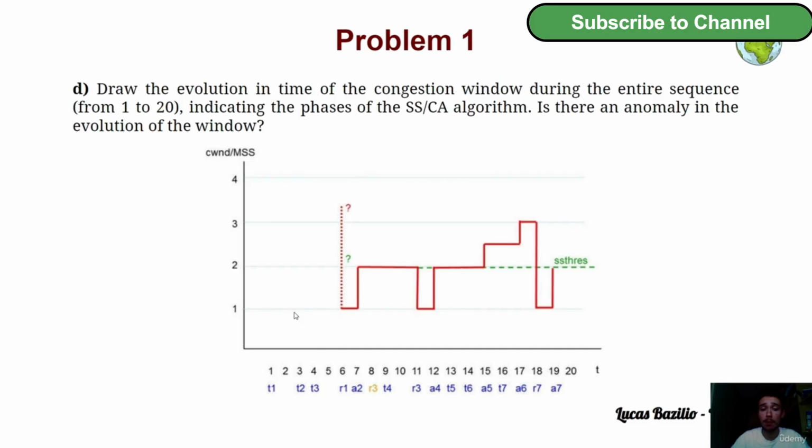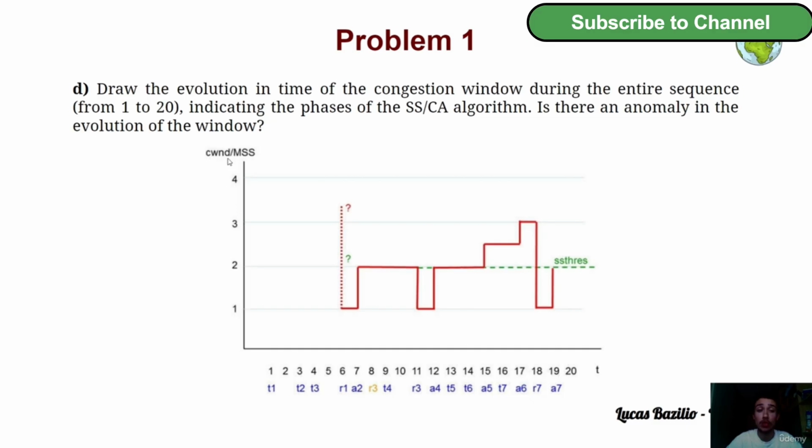So very simply, we can already begin to draw, because at exchange 6, as we can see here, we have a very simple plot where the x-axis is the time t, the time of the sequence. Remember that we have time 1 to time 20. This is the number of the packet. In this sequence from 1 to 20, we have packet 1, packet 2, and so on. So this time t is the time of the packet that we send. You can also see the order of the packets. And then on the y-axis, very important, we have the congestion window,